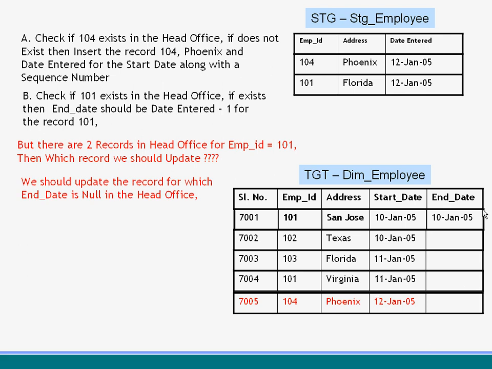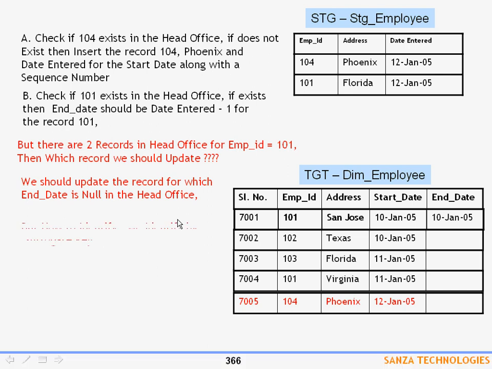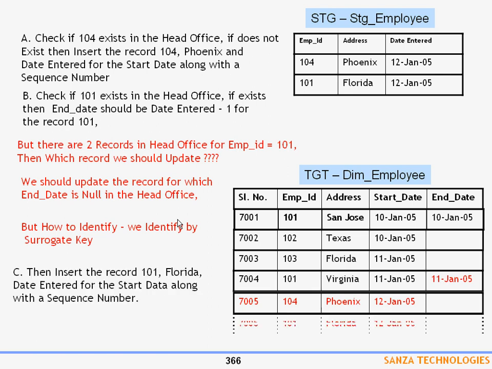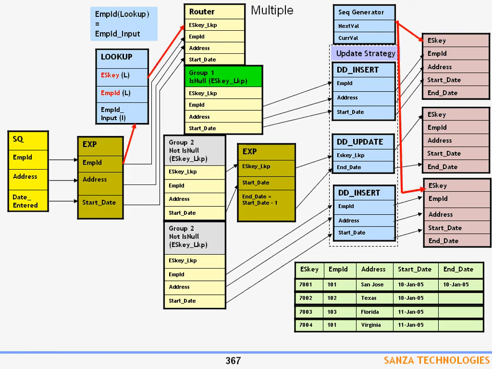Where end date is null, you identify. So how will you know where end date is null? You can find that out using the surrogate key you identified, but you need that end date null record only, and you update it and insert it. Now, in Informatica, look at how to identify that end date is null